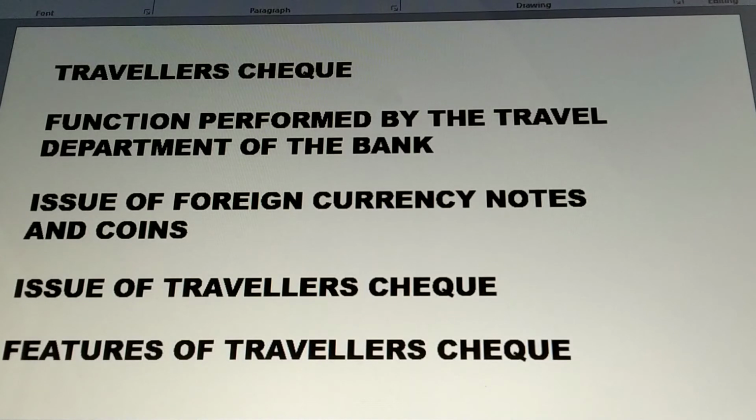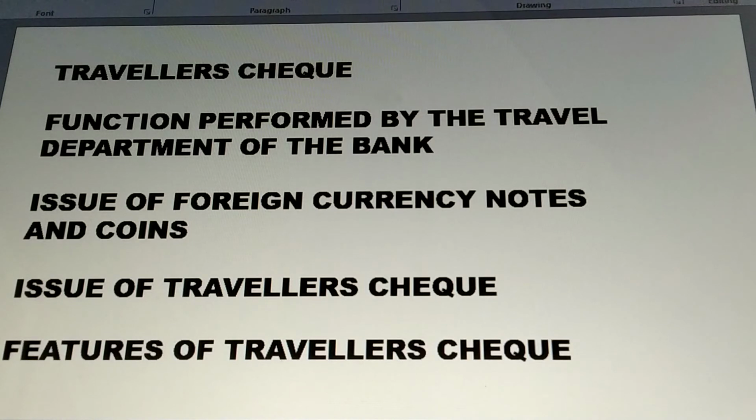And the purchaser or the buyer is not required to have a compulsory account with that particular branch or that particular bank. Even some of the customers who do not have an account are issued a traveler check. Only the amount is required to be deposited, and that too an equal amount is required to be deposited, right?